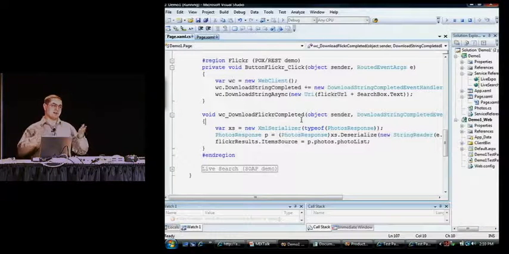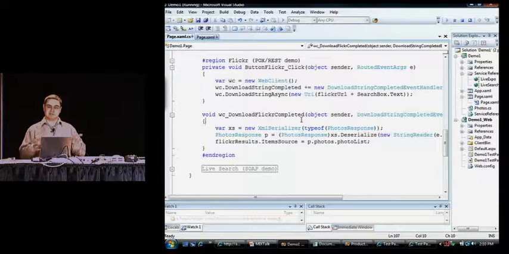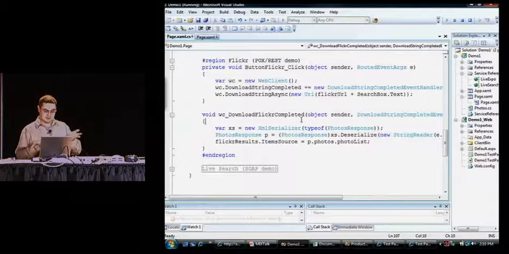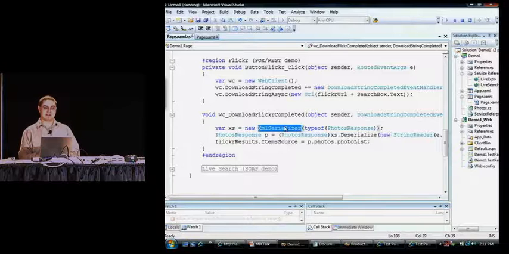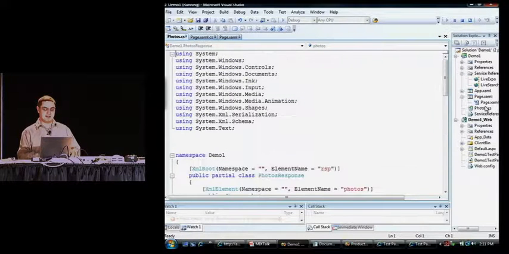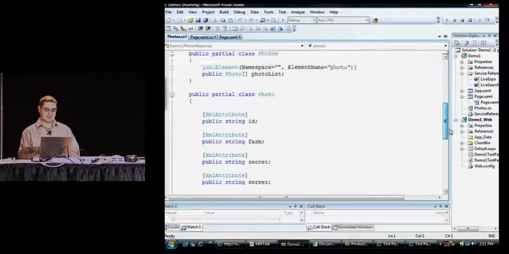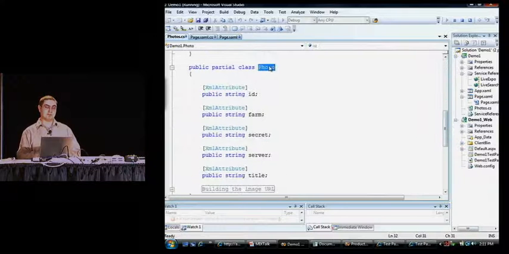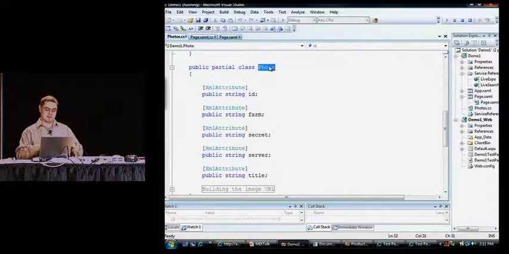The easiest kind of ad hoc option is to use LINQ to XML, or XLinq. That's available to you in Silverlight. I'm actually doing something a bit fancier here. I'm using the XML serializer. To use the serializer, I need to pre-build my types. So here I have, for example, my photo type, and I pre-built it in such a way as to correspond